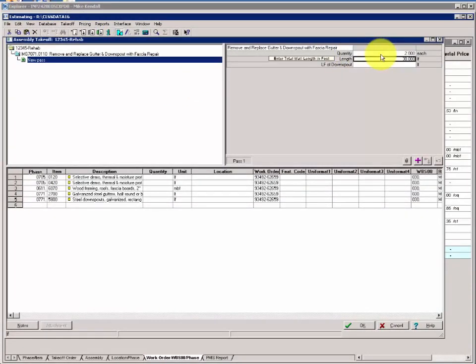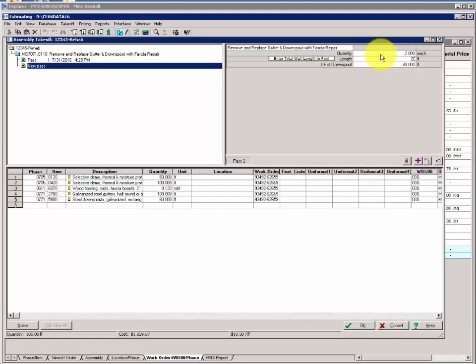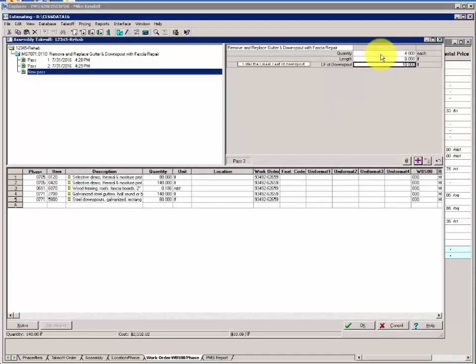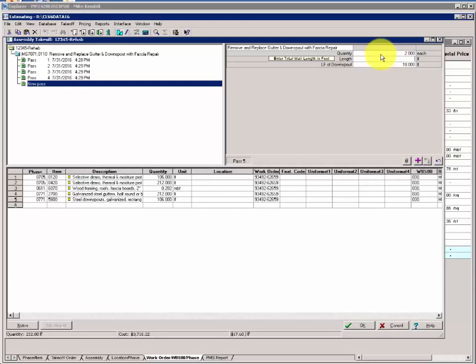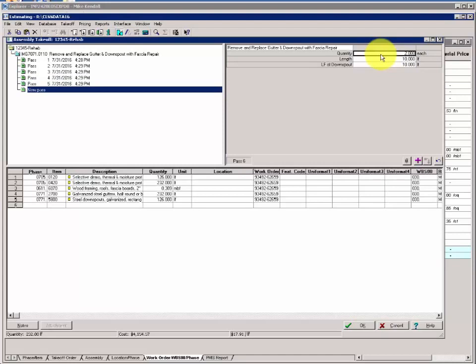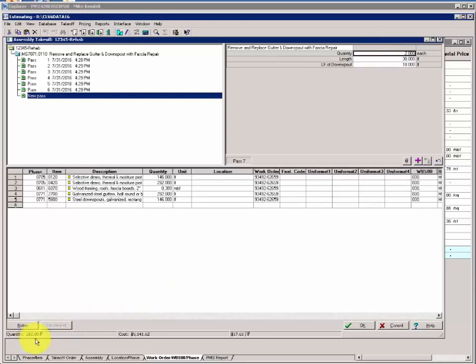We have two lengths of 50 foot with a total of 20 lineal foot of downspout. We have two lengths of 20 feet with 10 foot of downspout. We have 4 runs of 8 with 4 foot of downspout. We have a run of 40 with 10 foot of downspout. 2 runs of 10 foot gutter with 10 foot of downspout, and 2 runs of 30 with 10 foot of downspout. So you should see a combined total of around $292 with a total cost and an average cost per